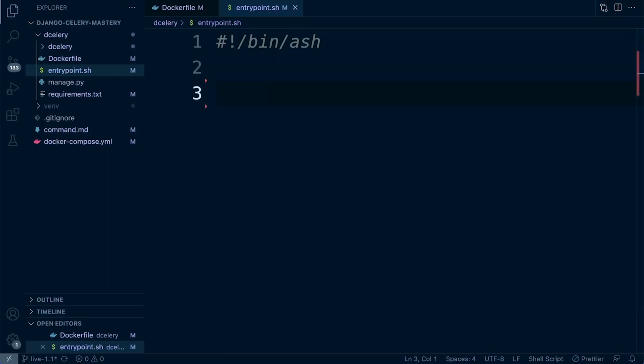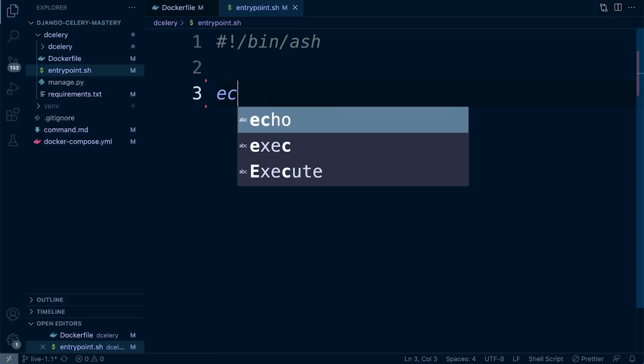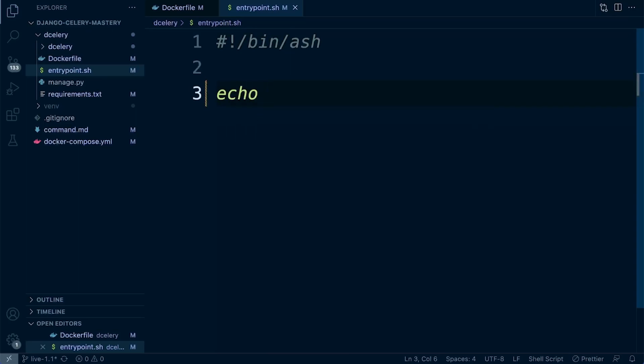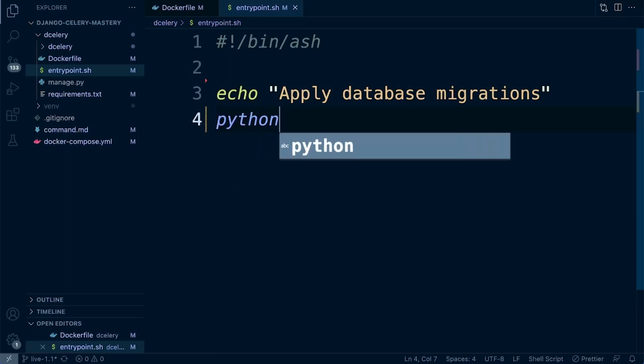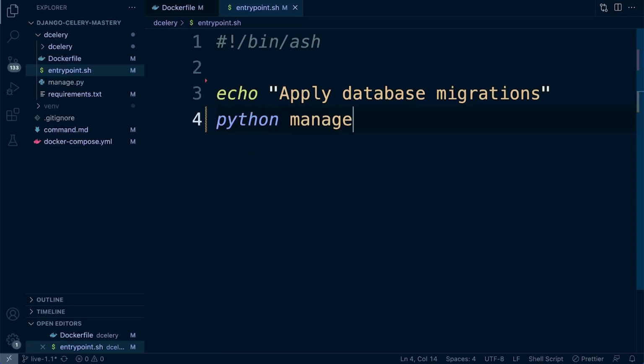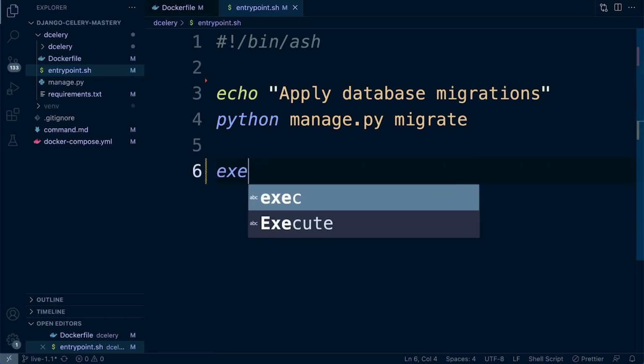Now we just need to specify what we want to run. Just as an example, we can echo out something, like apply database migrations, in the terminal maybe. Then we can run python manage.py migrate. That's going to run, like I said, every time the container starts. And then we can execute the provided commands or entry point, so we can type in exec and then